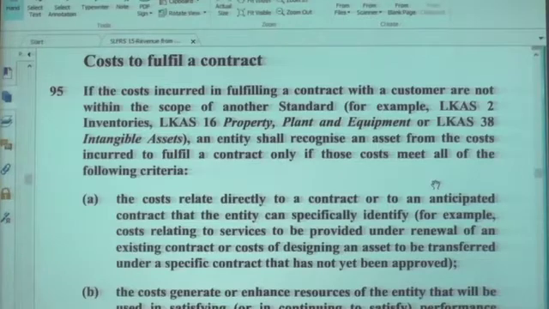Assume you have purchased a software to design, engineering design, right? Then it is an intangible asset. Therefore, the cost you incurred on a contract can be accounted according to the relevant accounting standard. But you have some costs that cannot be accounted as an asset.